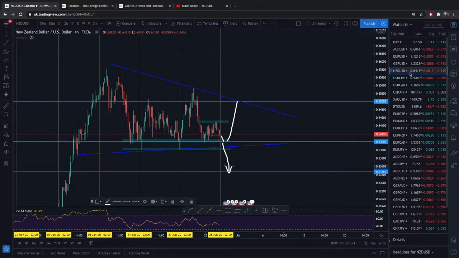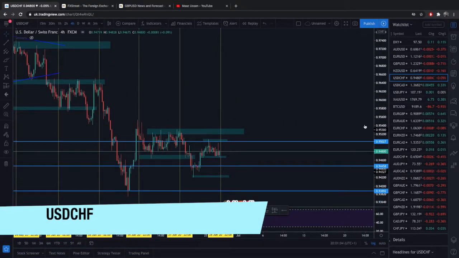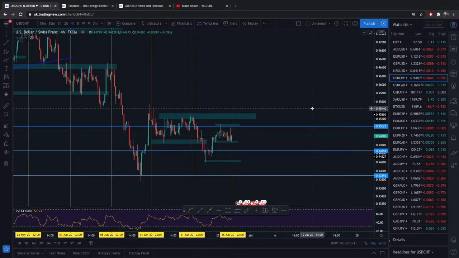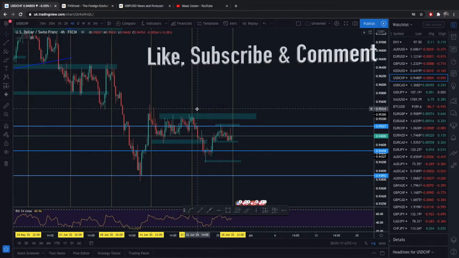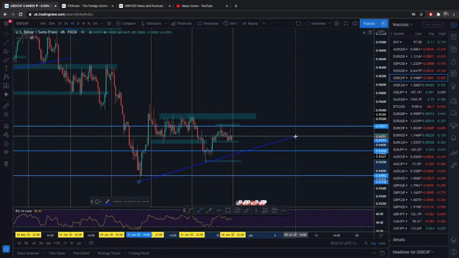Moving on to USDCHF. How's this moving? This is moving a little bit differently in terms of pairs, once again because of the battle of the safe haven statuses between the two, with the dollar having the stronger, more powerful safe haven status than the CHF. But ultimately, if we depict this based on the DXY and its movement, we have to expect a bullish movement. And once again, it's trapped in this bearish little wedge here.